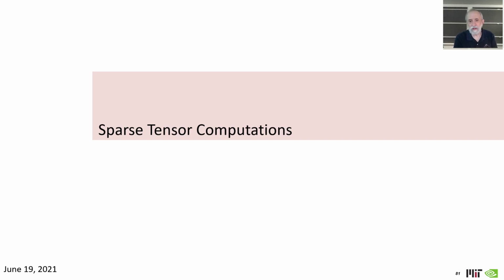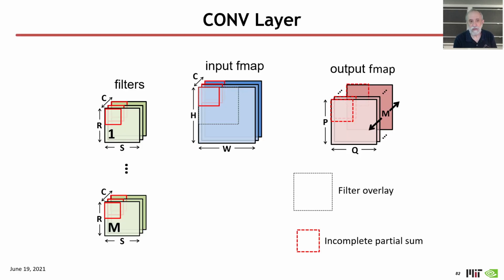Now that we've looked at some simple traversals of sparse tensors using a loop nest, we're going to look at a couple of examples of more complicated sparse tensor computations. In particular, we're going to look at the convolutional layer. This was the full